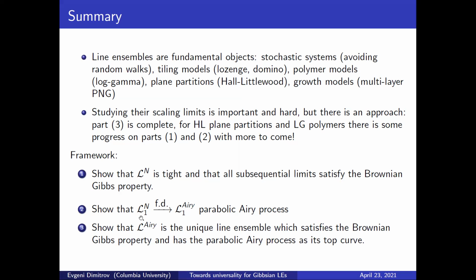Are there examples where, if the top curve is something really wrong, then it would not be an Airy line ensemble? It's a hard question. Let me rephrase: what I think you're asking, and you can correct me if I'm wrong, is if you gave me a curve, can I determine whether there might exist a line ensemble that has it, or are there classes of curves that very obviously are not the top curve of a line ensemble?